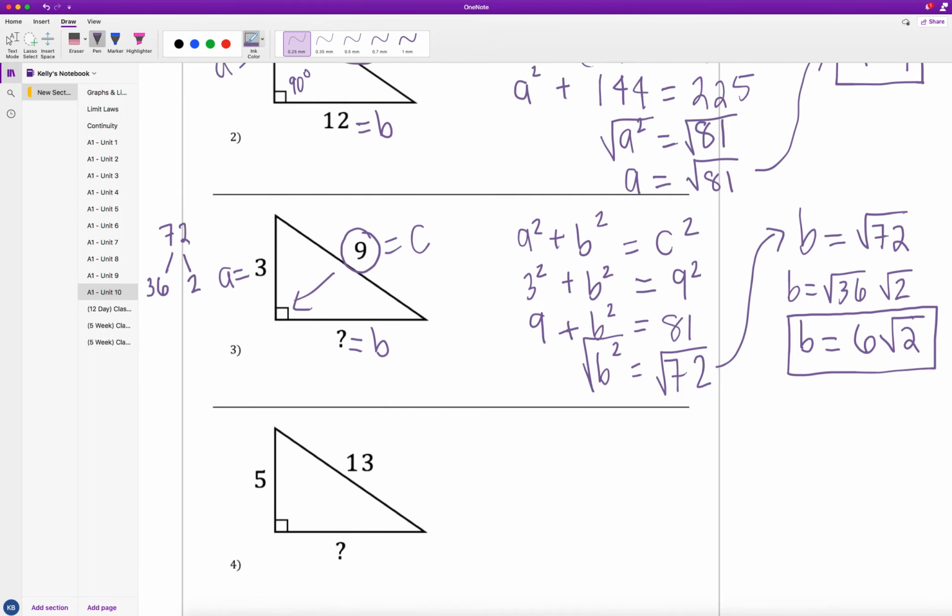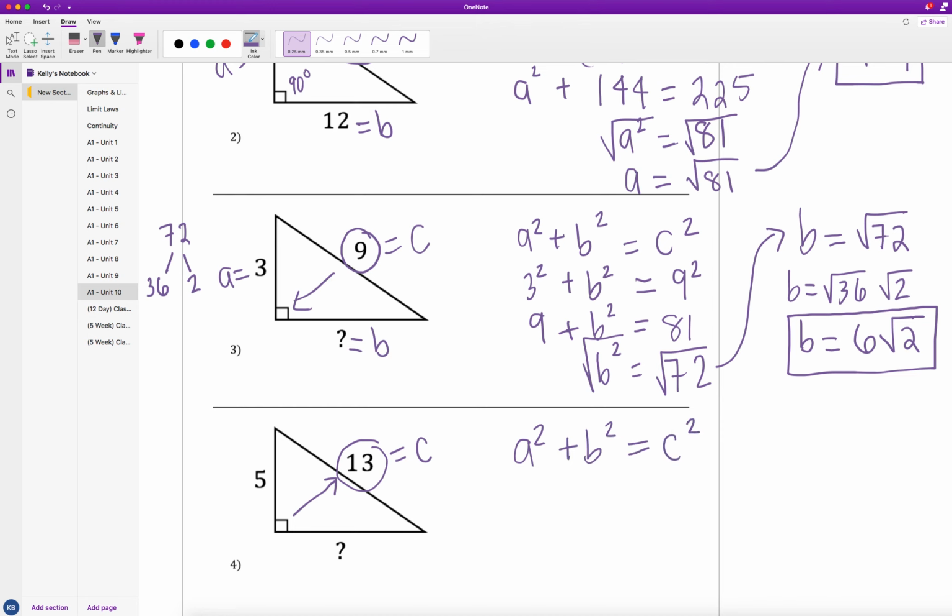So in example 4, we have a vertical side of 5, a horizontal side that they've labeled as a question mark, and this diagonal side, which they gave us a value for, 13. Which one of these is representing the hypotenuse? Remember, our hypotenuse is always opposite the 90-degree angle, so our hypotenuse value will be the 13. If we start with the Pythagorean theorem, we have a squared plus b squared equals c squared, and now